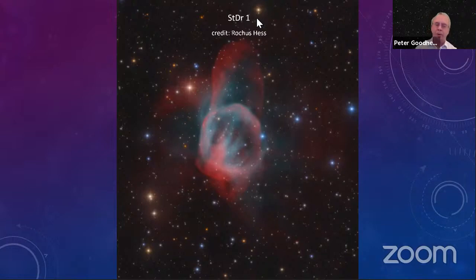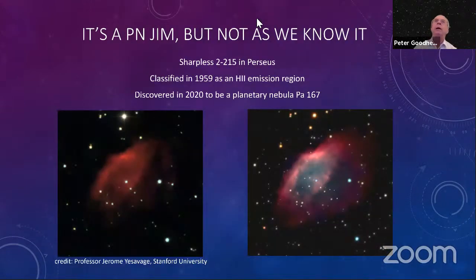Since then, a lot has happened. I've been spending a lot of time helping them. They've had a lot of other people doing that. But also Dana has been sending me work to do as well. And one interesting thing is that there are things which we've been looking at for years without realizing that they're planetary nebulae. And here's one example.